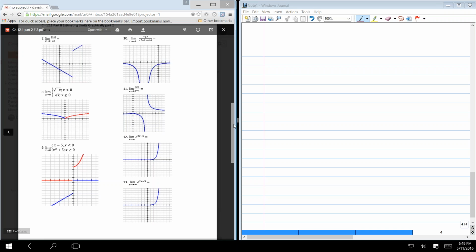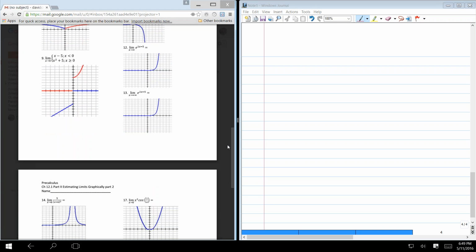Okay. Let's look at 9. It would be, does not exist. Correct. Notice that if we look at the blue line only, the limit is different from the left than the right because there's a jump discontinuity there. So it's not going to exist at 0 from the blue lines. And if you look at the two red lines, which must account for this, it's also not the same from the right as the left. So regardless of whether you're looking at the blue or the red,